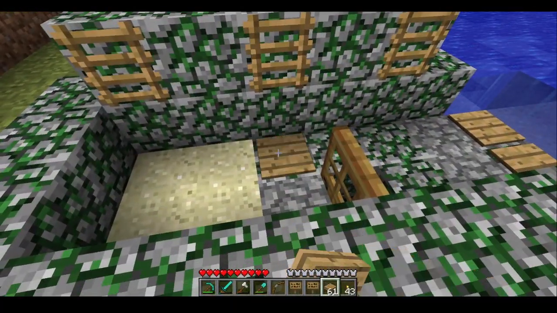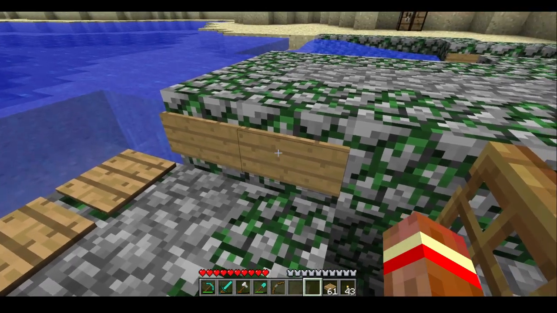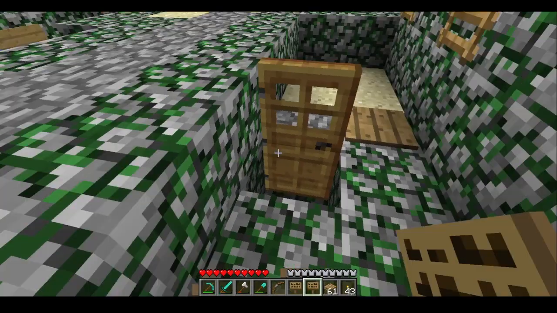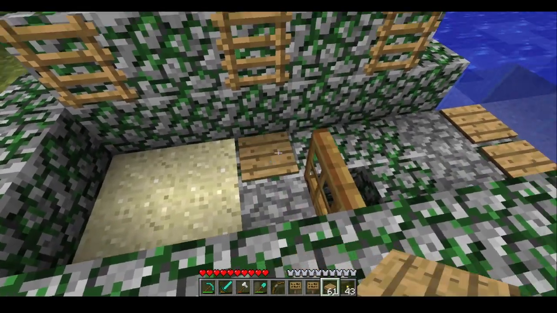Then we want to put a pressure plate here, and then you'll want 2 signs or 2... Okay. Then you'll want to place...